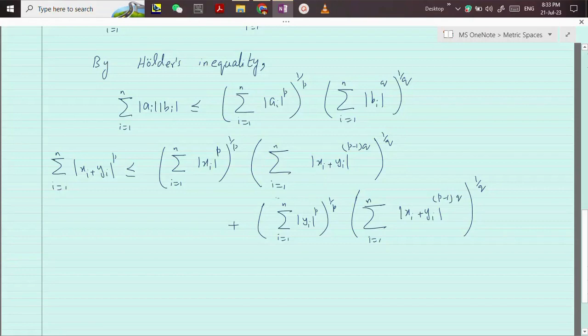So this quantity and this one are the same. We can take out, and when we take out, what we get